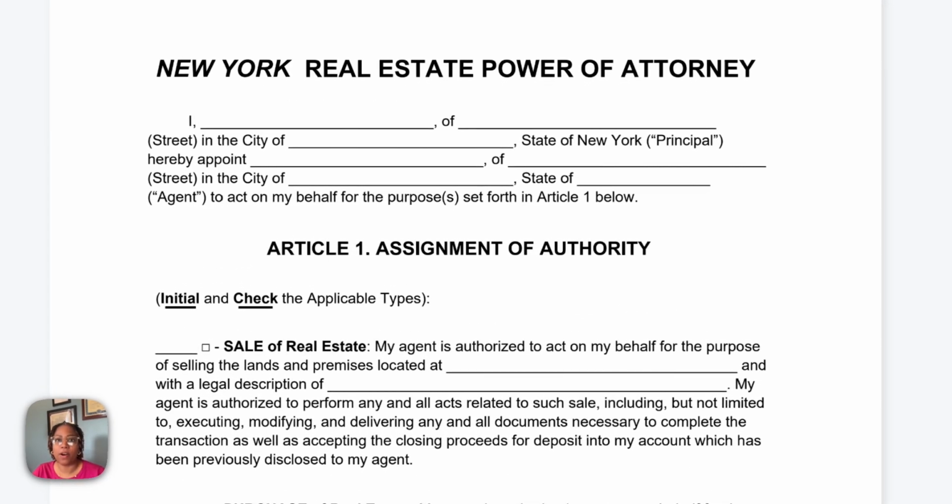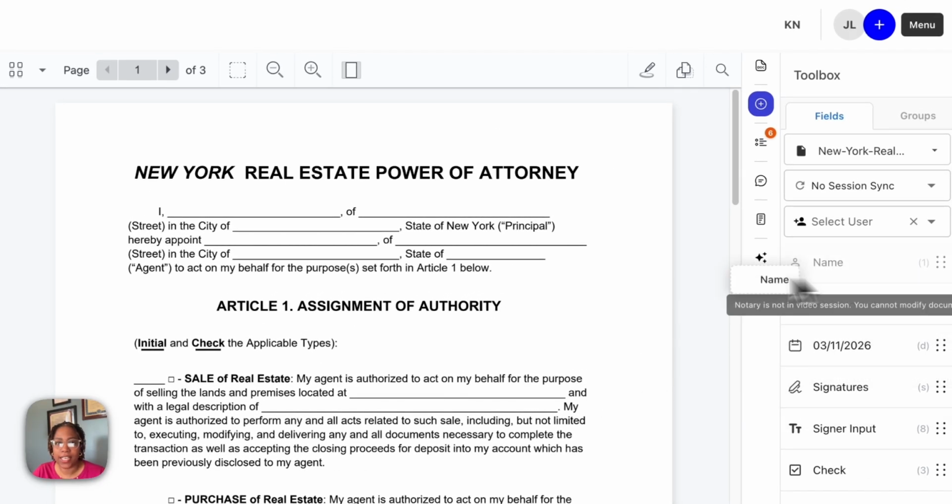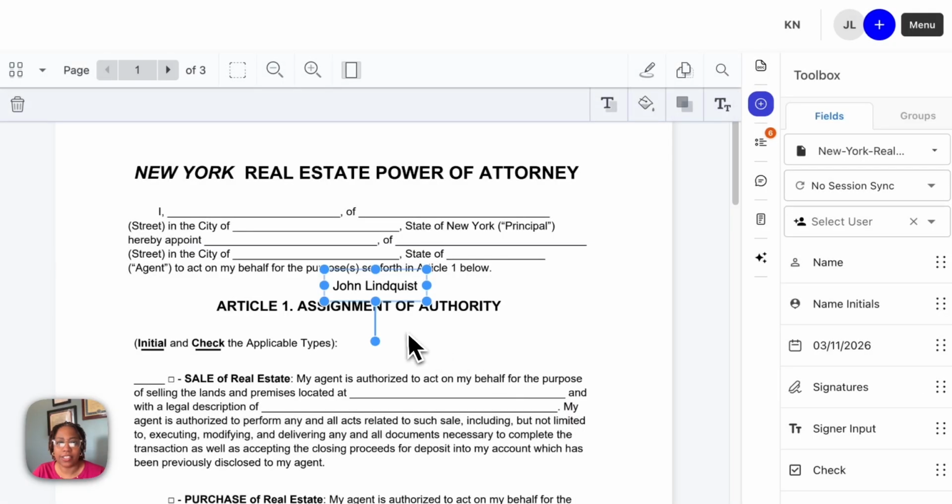Real estate power of attorney. So here, let's start putting in some information for our signer, John. On the first line, it says I, and we can put John's name. So let's drag and drop our signer's name